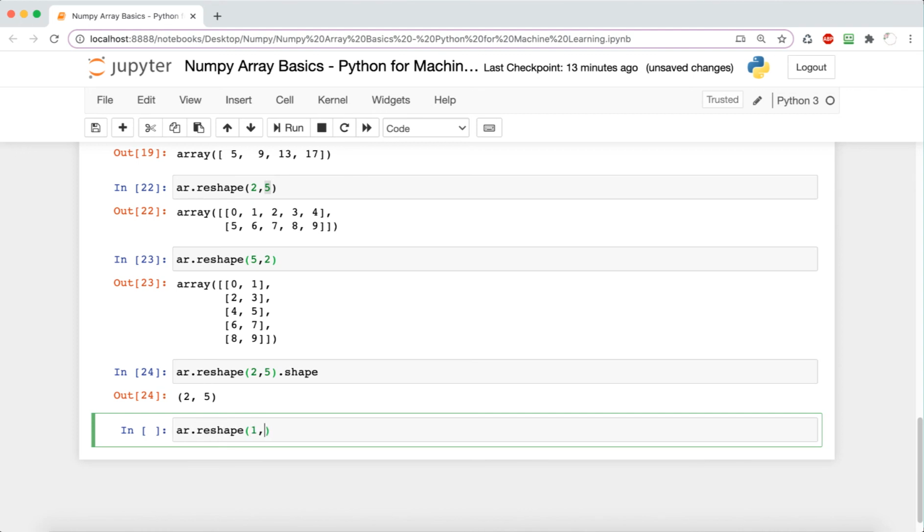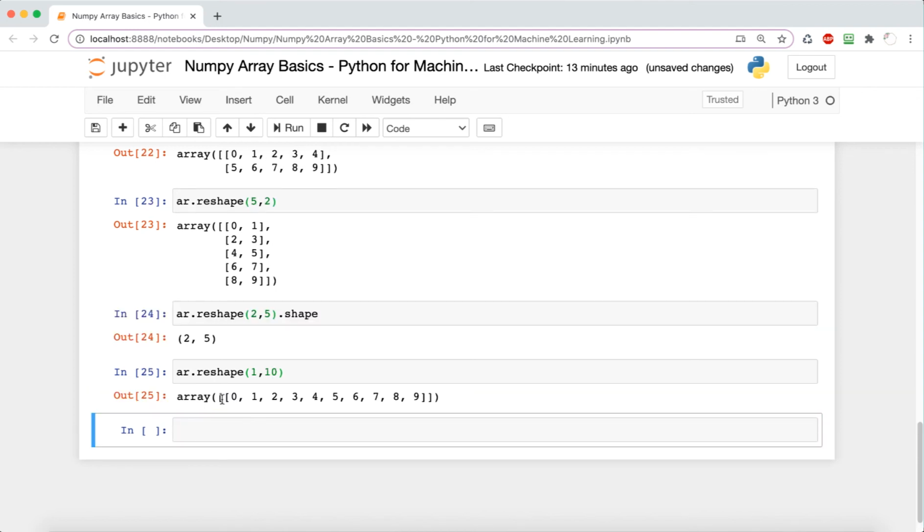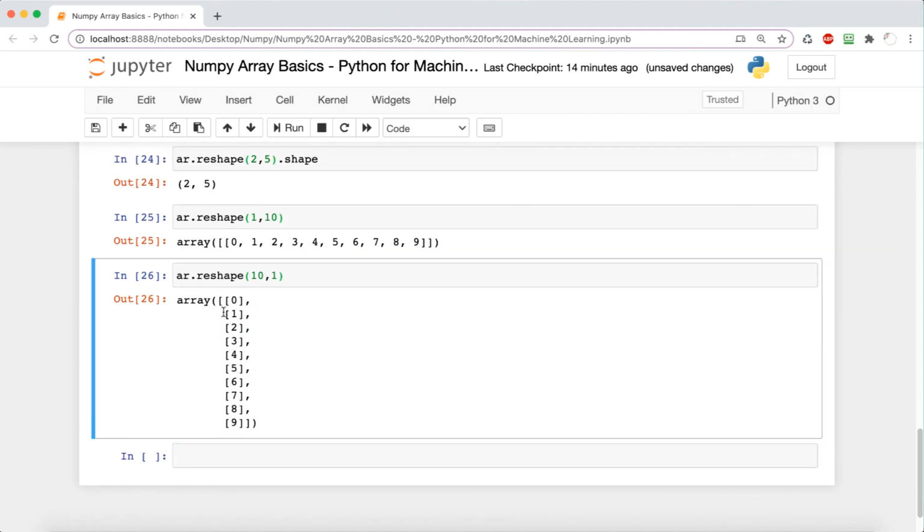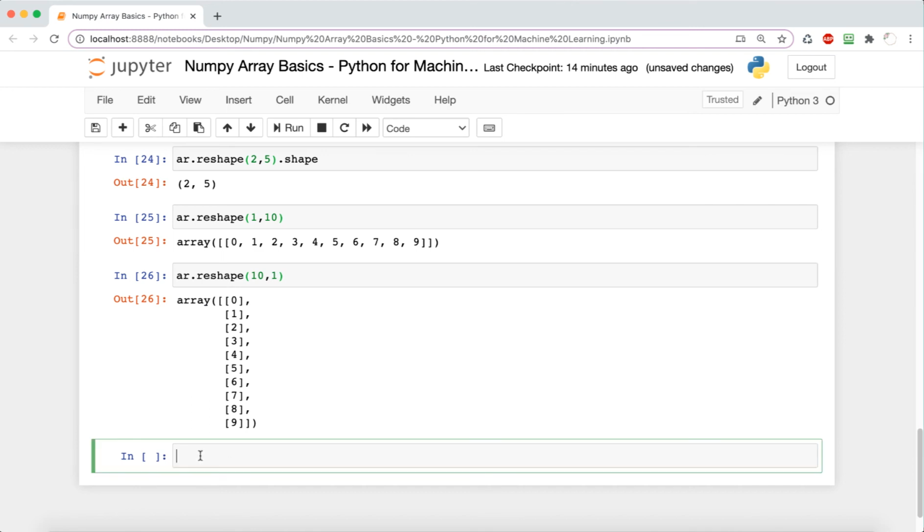And we can also try outputting 1, 10, which is going to output the same thing as we had before when we had np.arange and a 10 in there. Basically 1 row and 10 columns. And we can also try rearranging this version, and we can say 10, 1 instead, which will be 10 rows and 1 column. So you can just see how we're reshaping the same array, which has the same elements, because 10 times 1 is 10, 1 times 10 is 10, 2 times 5 is 10, and 5 times 2 is 10.